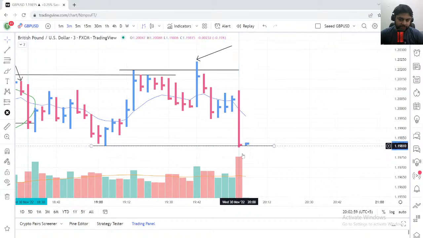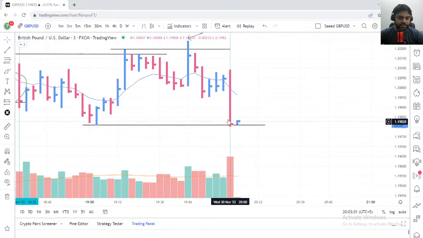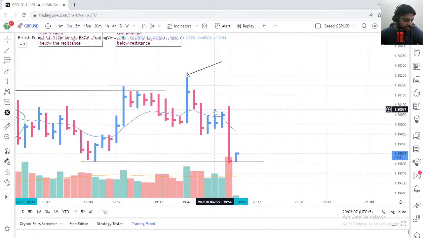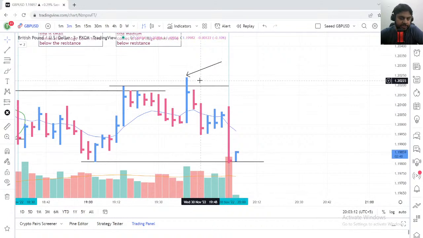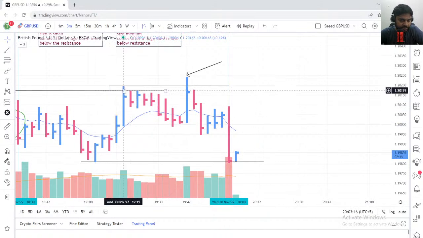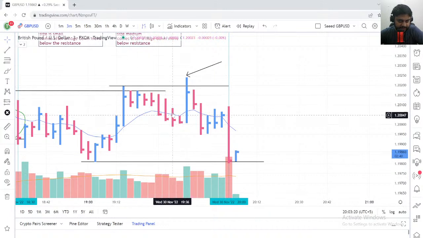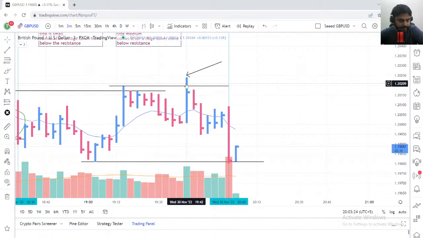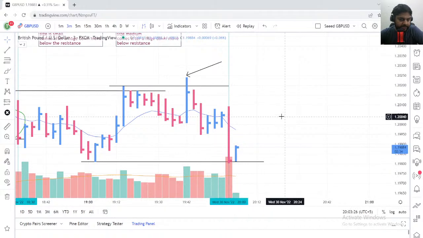Okay, so look at this now. This is the output of a UT, an upthrust. You guys can see that it came down all the way to this level. Sankar Nath ji is asking, what is UT? It is an upthrust, as I told you. It goes up above a resistance like this. So this is a resistance, right? And it goes up and then reverses to close down, and then it falls down like crazy. That's what a UT is.